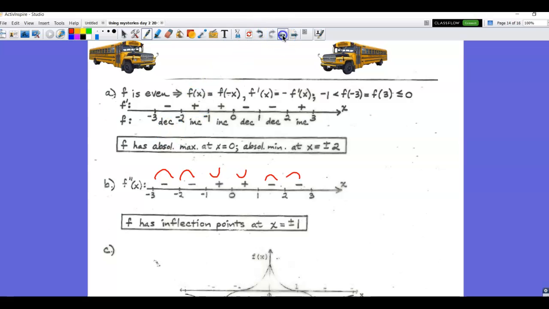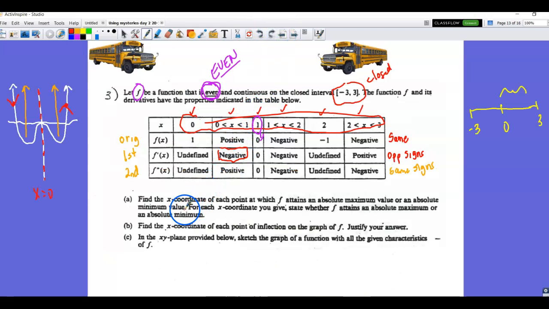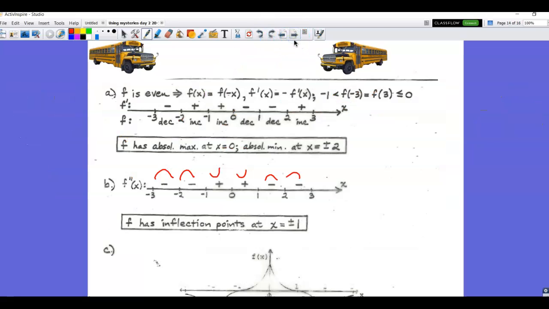So for letter A, they are asking us to find the x coordinate of each point for which f attains an absolute maximum. Now remember, there is only one absolute maximum, the highest y value, but it could occur more than once. You could hit that highest y value more than once, or the absolute minimum similarly. So when we look at the number line,